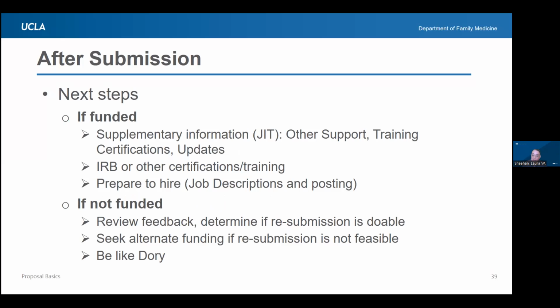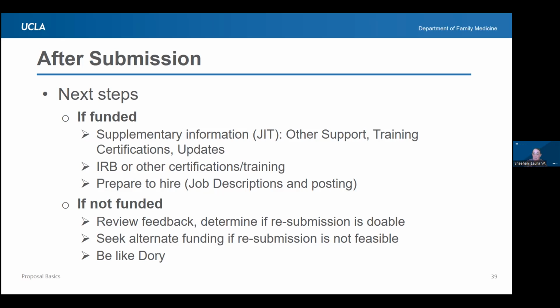If you have human subject research, this is when you start your IRB. They say you're supposed to do your IRB at the same time that you do your proposal. I know nobody who does that because that is a lot of work for something that might not get funded. But as soon as you get a whiff of a scent that this is going to be awarded, you're going to want to start your IRB because it's going to take a while. And often your funding will be restricted or held off until your IRB is in place. So you don't want to wait for the money to come. You want to start that IRB process as soon as you think it's going to get funded.